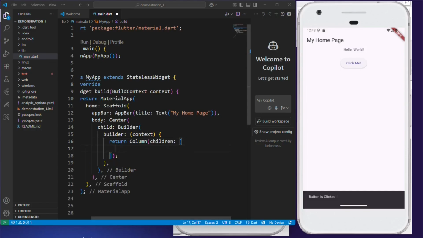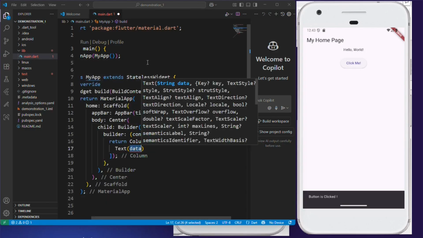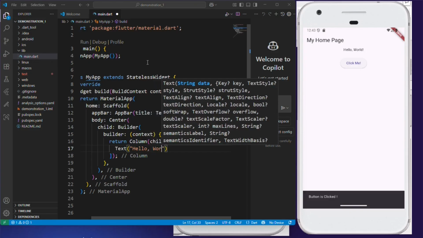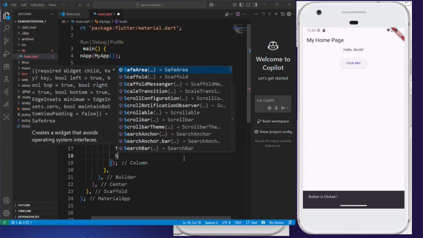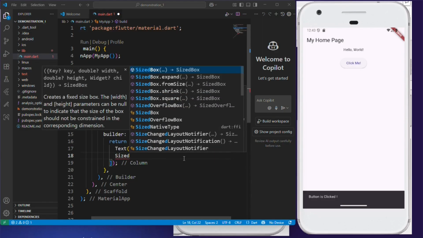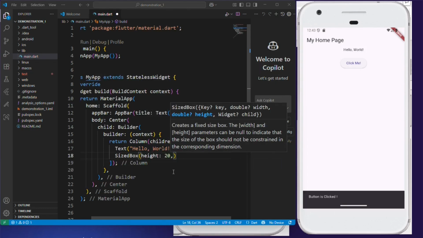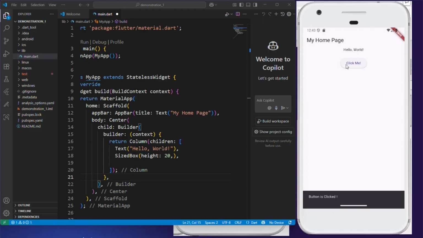and inside children, we want to create three widgets. First is a Text which represents Hello World. So I'm clicking on Text, and inside data we write down Hello World to display text. The second is a SizedBox which is a space between Hello World and Click Me button. So second we want to write down is SizedBox and its height is 20 pixel. So I write down 20,